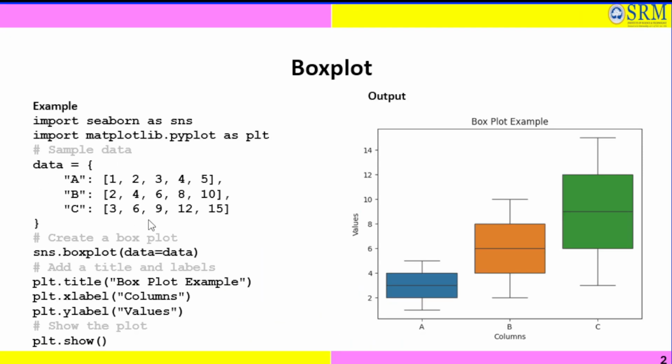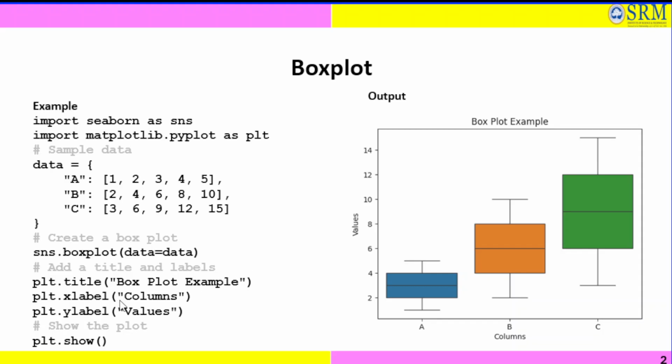As you could see in this program, in order to create a box plot, which looks like this, first we need to import the necessary libraries. The box plot is created from the Seaborn library, imported as sns, and Matplotlib to show the plot. Here we have data with A in the range of 1, 2, 3, 4, 5 and B in the range of 10 and C in the range of up to 50. To create a box plot, we use the function called boxplot, which resides in the Seaborn library, and feed in the data.